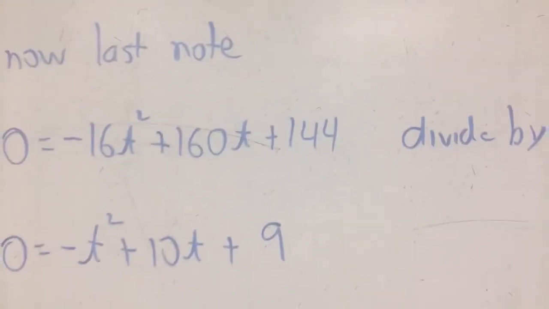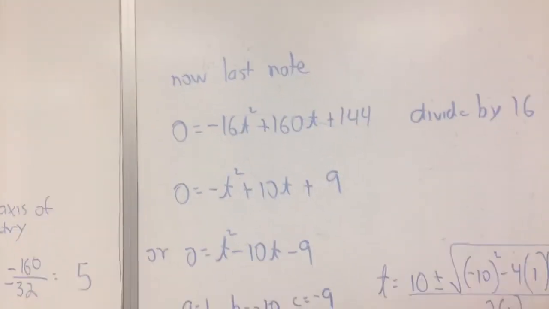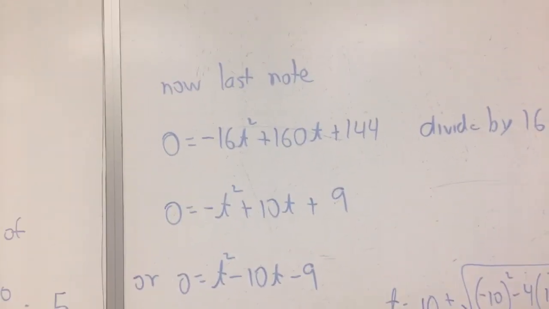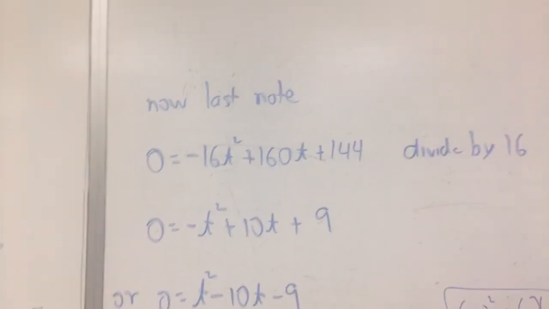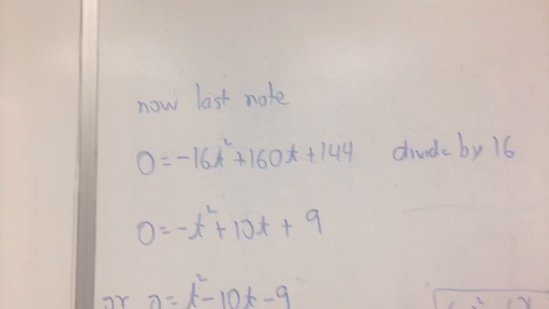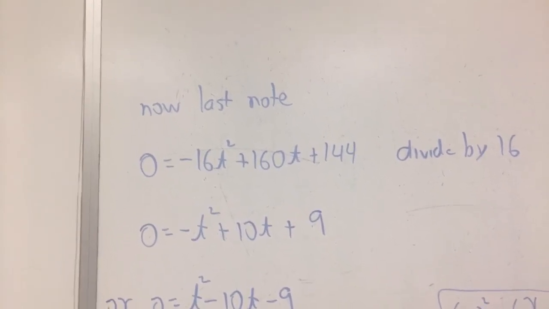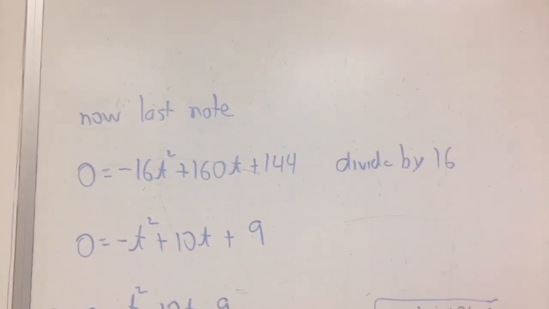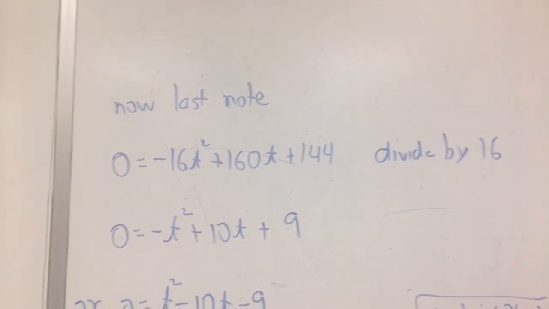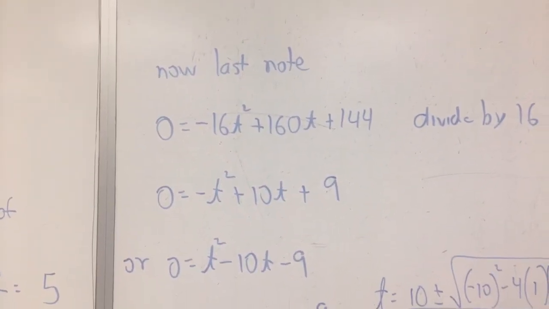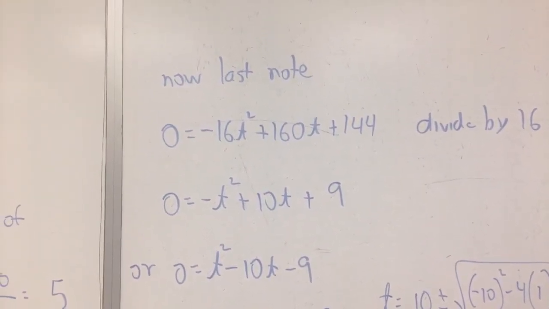Now, notice I was kind. I had a moment of weakness. I know. And I give you guys all numbers that were divisible by 16. Okay? It will not always be that way, so be careful. I know I'm giving you this giant sense of false hope here. But anyway, if you divide it all by 16, you get 0 is equal to negative t squared plus 10t